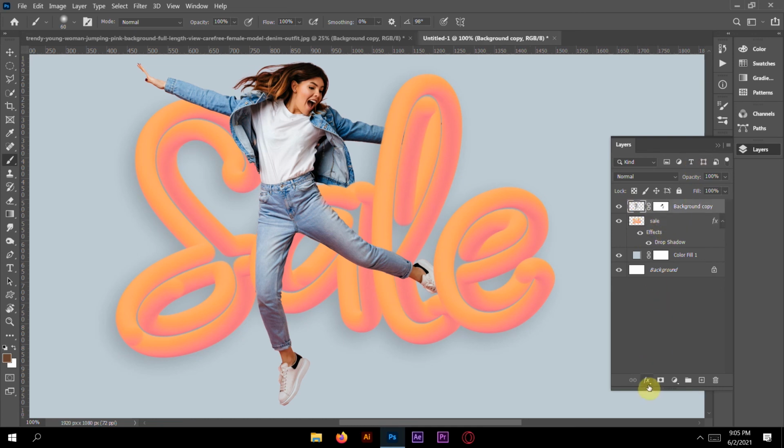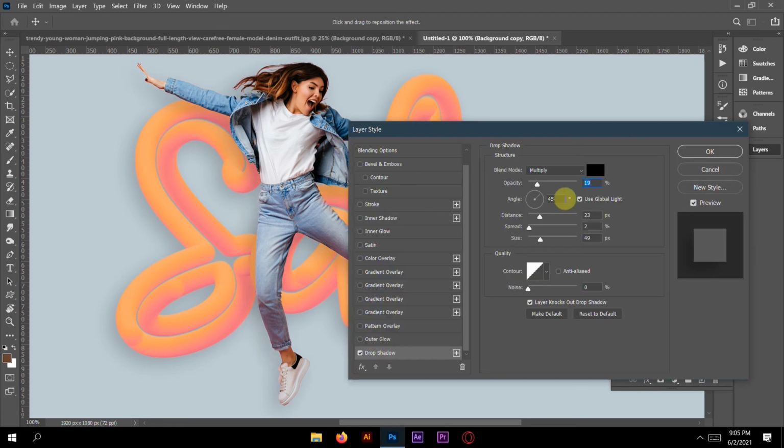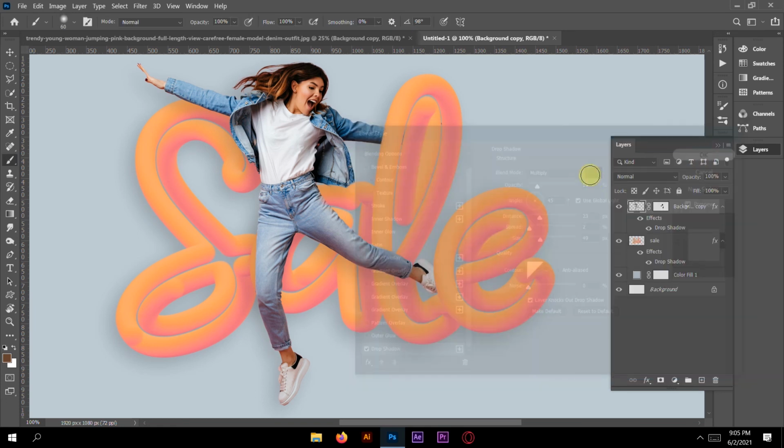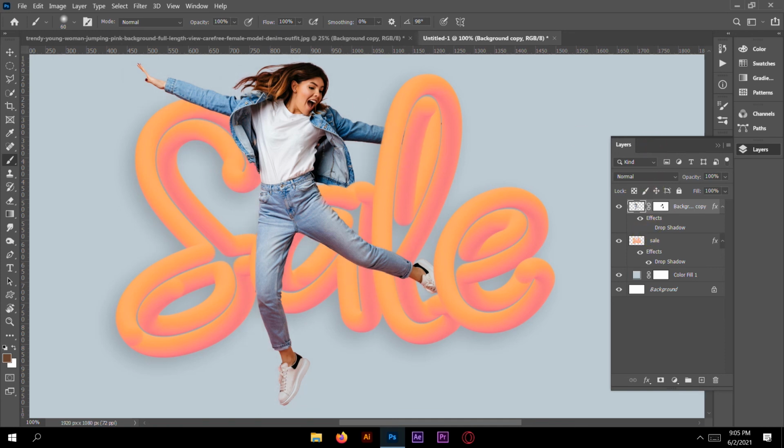There's a technique. If you apply the same drop shadow here, you can see that some kind of black shadow comes forward onto the text. Let's watch it clearly. You can see there is a black shadow here. If you switch off the drop shadow, it looks okay, but if you turn on the drop shadow, you can see it here and here because of the foreground. So there's a technique.